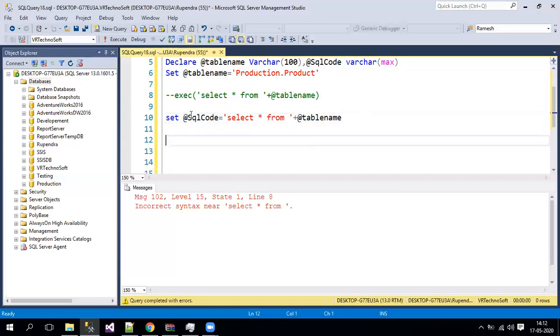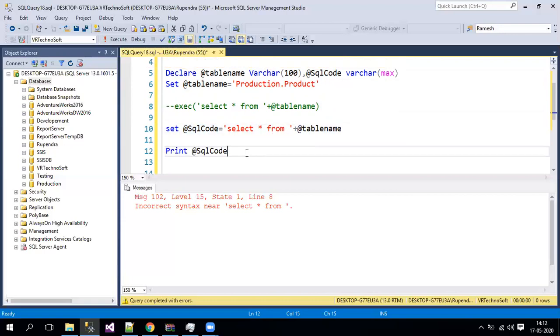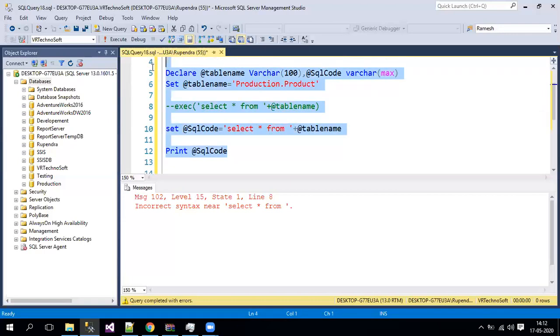We can also see what is exactly stored in this variable, either with a select statement or a print statement. Let me print and we'll see what exactly has been saved. I'm not executing the select statement now. I'm just keeping the select statement, whatever we wrote in a dynamic way, in a variable, and that variable's information we are just printing.